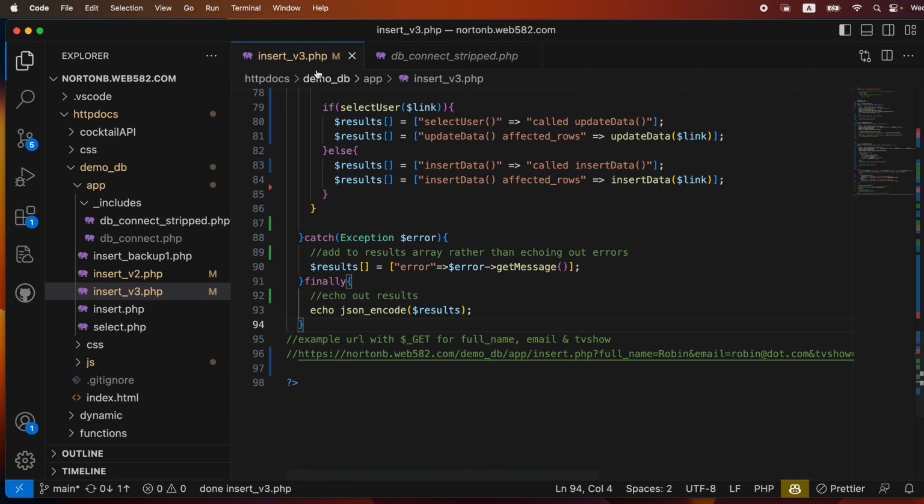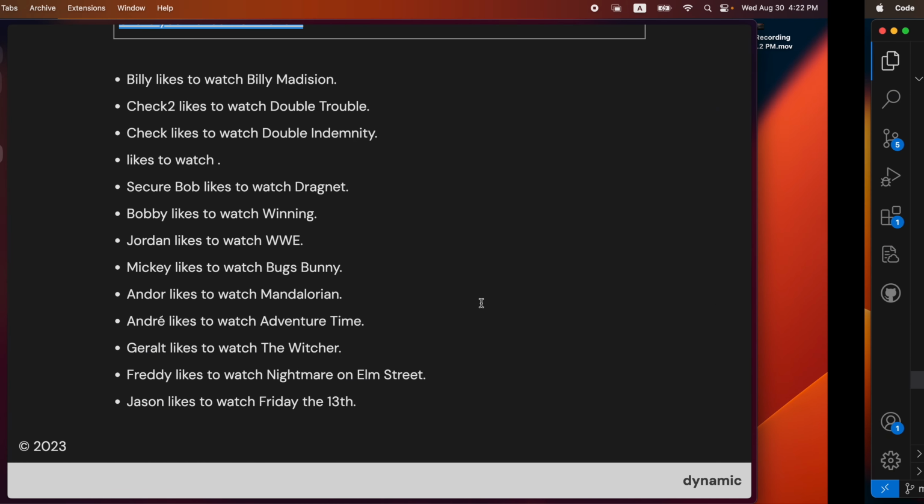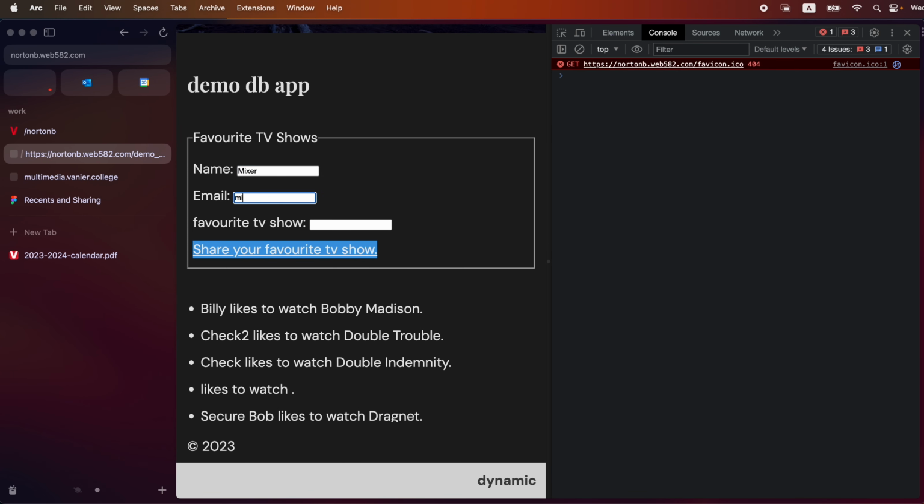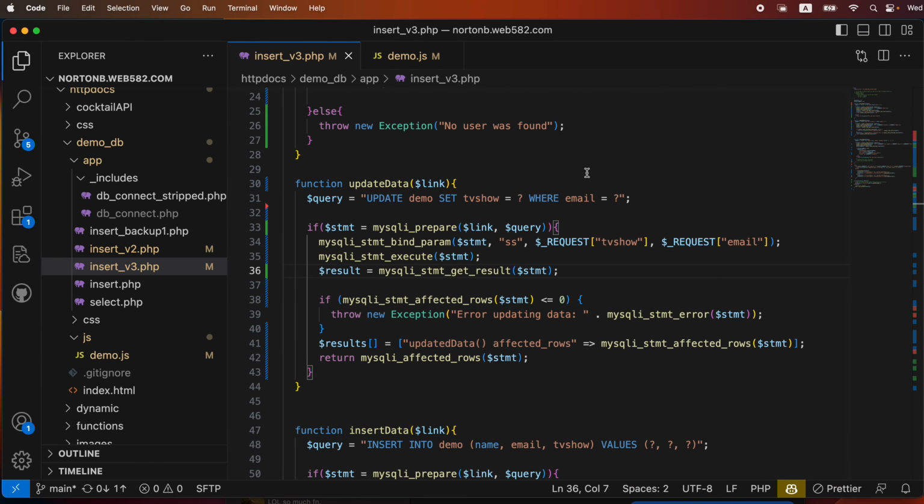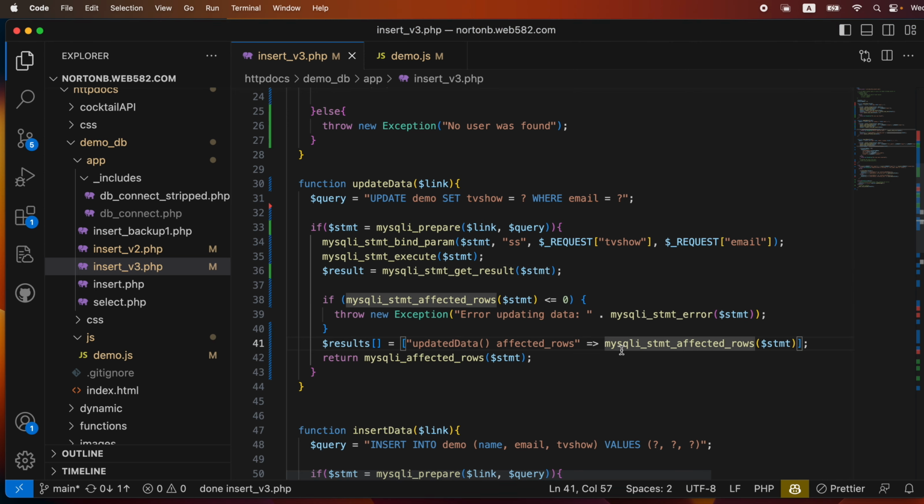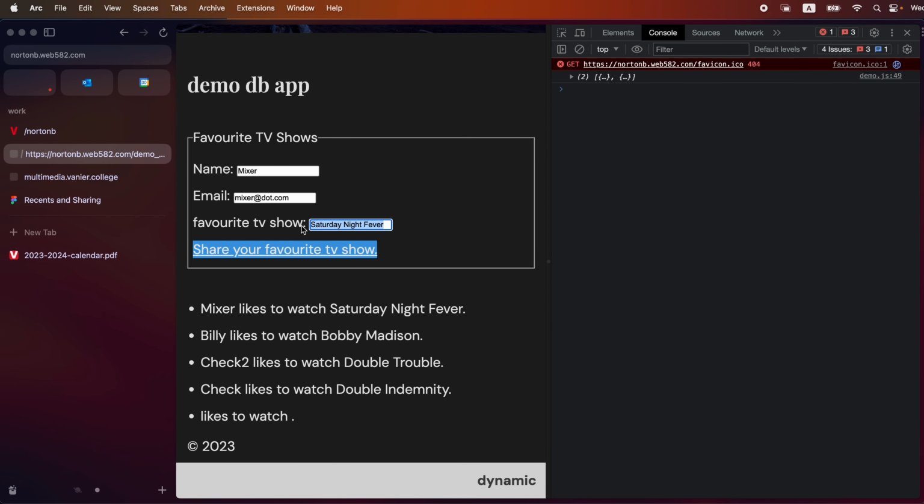Normally you should just be working on your insert. Again, I've got 3 versions because I'm keeping all the versions so that we can go back and take a look at them. And then in the JavaScript demo, oh, it's already been updated from a previous try. But I need to specify that I want to do the insert version 3 this time. So if we put in Mixer, and mixer at .com, Saturday Night Fever and click TV show. Then it goes in, and then if we update it to Friday Night Fever and hit TV show,